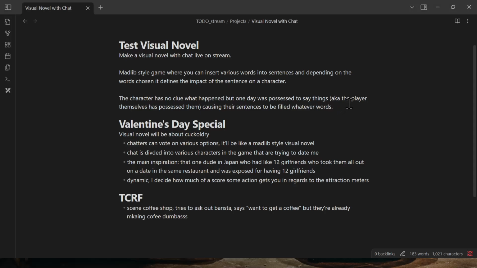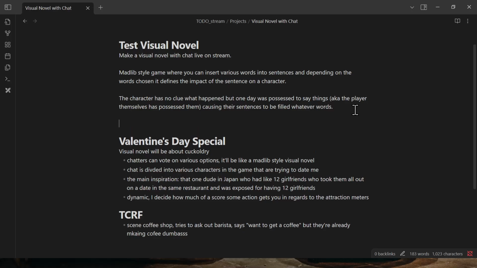Instead, we do this because I think this is better because it's gonna be a Mad Lib thing for the live version, anyways. But specifically the Mad Lib version, we have a list of words that we can use, and we can build cool reactions to it. And I think it'd be even more interesting if maybe your character has to grapple with the fact that we have control over them, and the character has no clue what happened, but